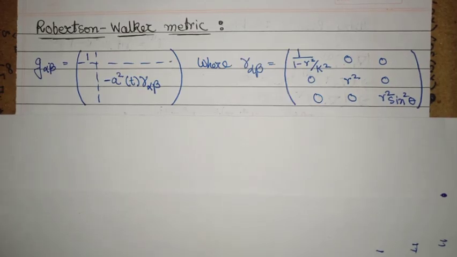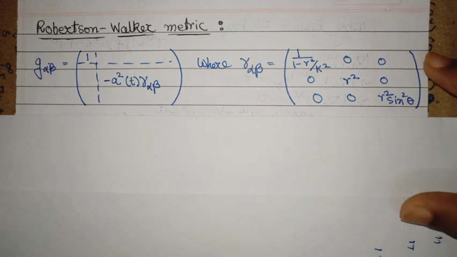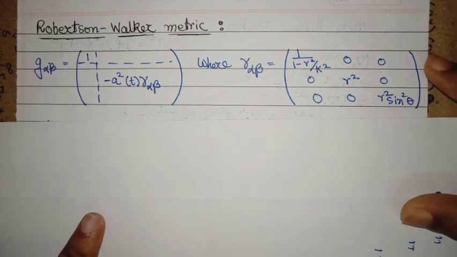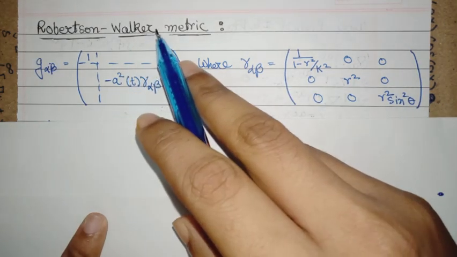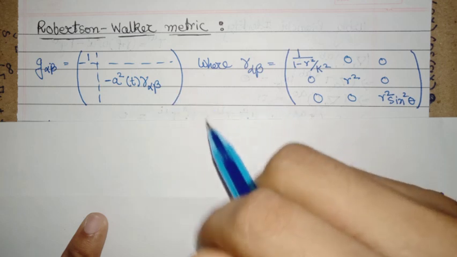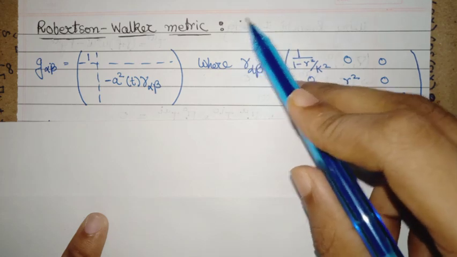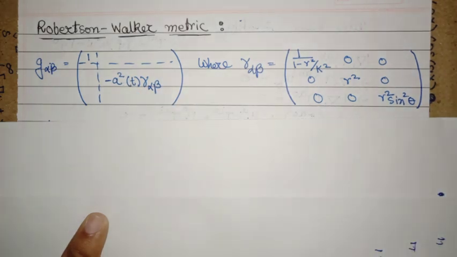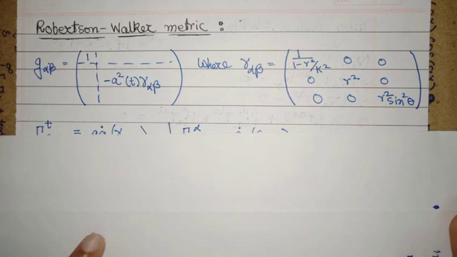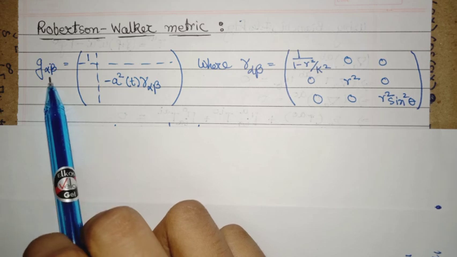Well, hello friends. In this video, I will be continuing the discussion that I started in the previous video regarding the Robertson-Walker metric. This metric is important for cosmological purposes, as it assumes the proper forms of the fact that the space is isotropic and homogeneous, and this a squared holds the rest of the freedom that is left. So I have again written the metric, which I also showed in the previous video.